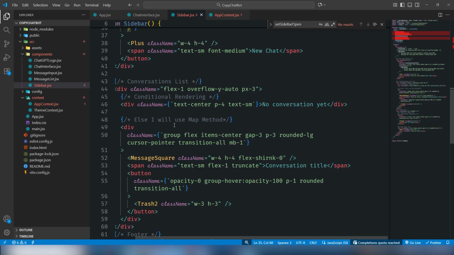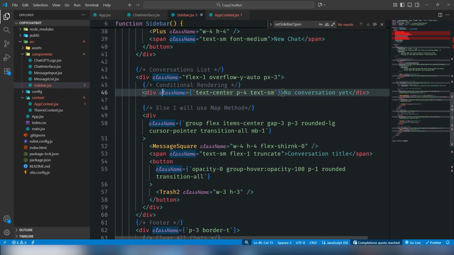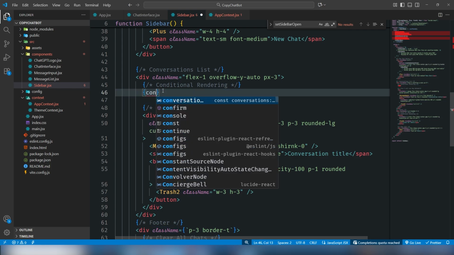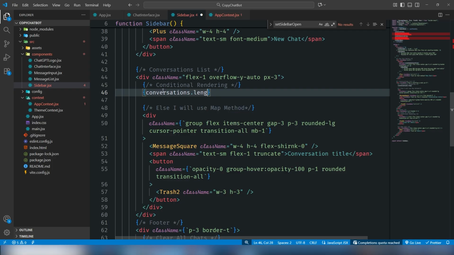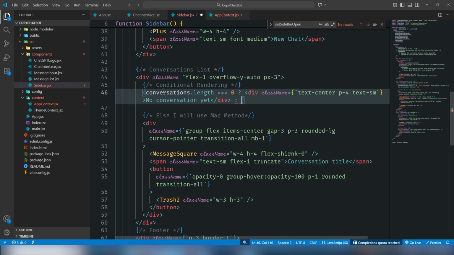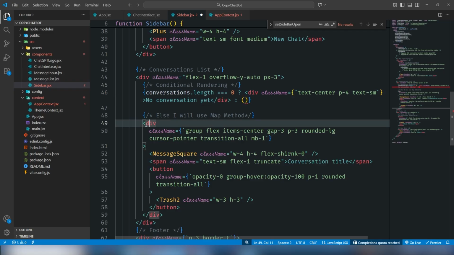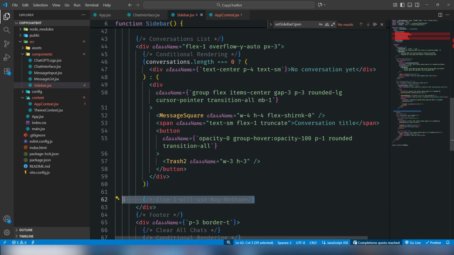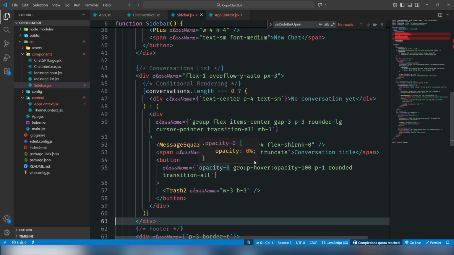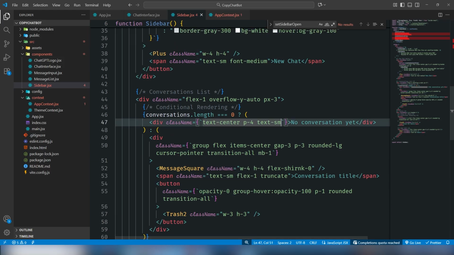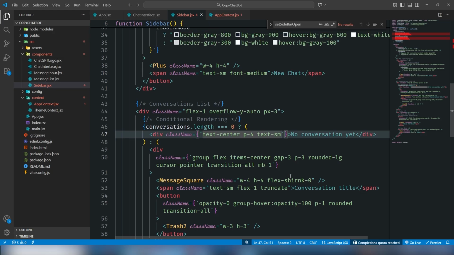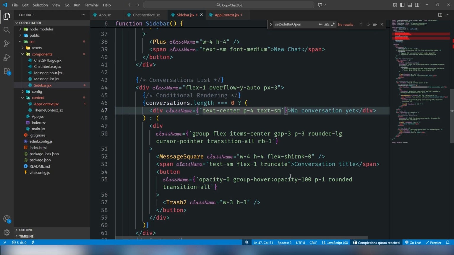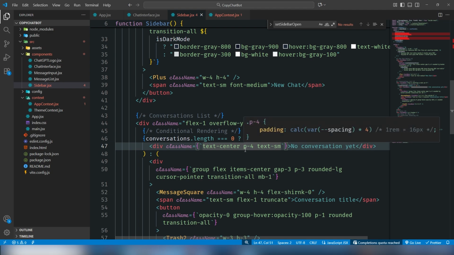to update that. So here is a conditional based rendering. So what I'm gonna do on there, I need to use conversations.length is equal to 0, then display that. Otherwise I need to display that content like this one. Alright, so I'm going to remove that, and we will update the, give me a second, conditional rendering,